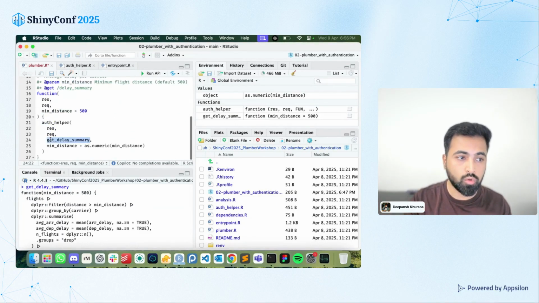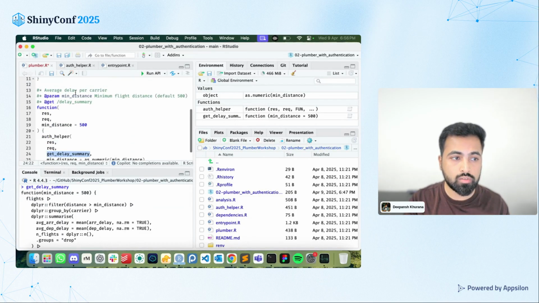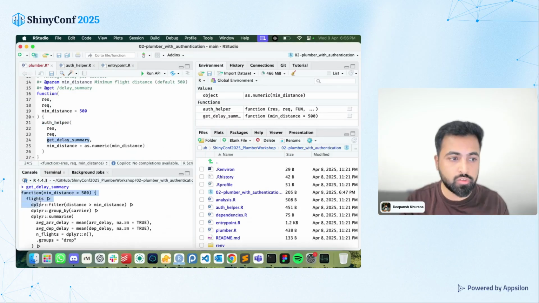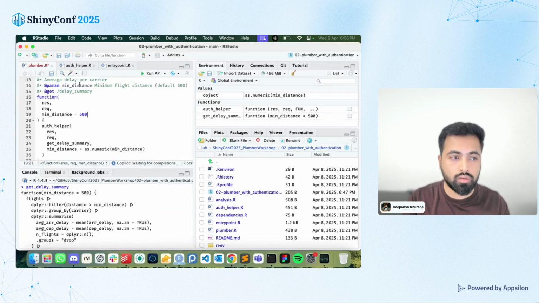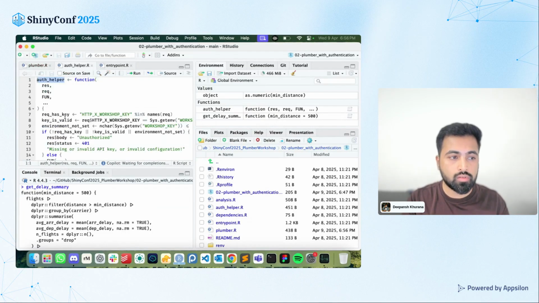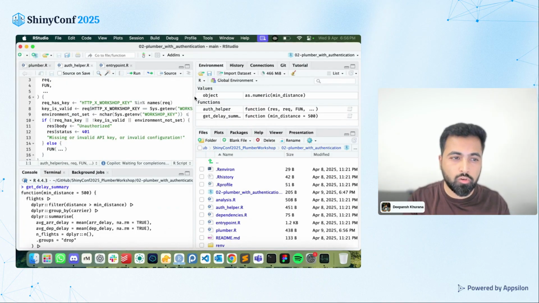into the auth helper. So what we do here is whenever someone hits this endpoint, delay summary, it goes into the auth helper. It passes this entire function definition. And along with that, it passes any named parameters. When I say named parameters, in this case, it's just one. It's min distance. And it does the same thing as our previous project, only it passes it into